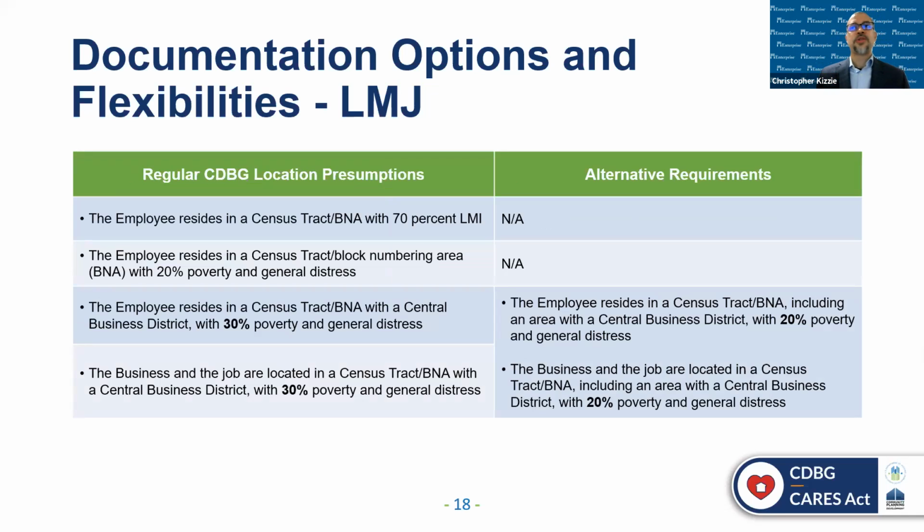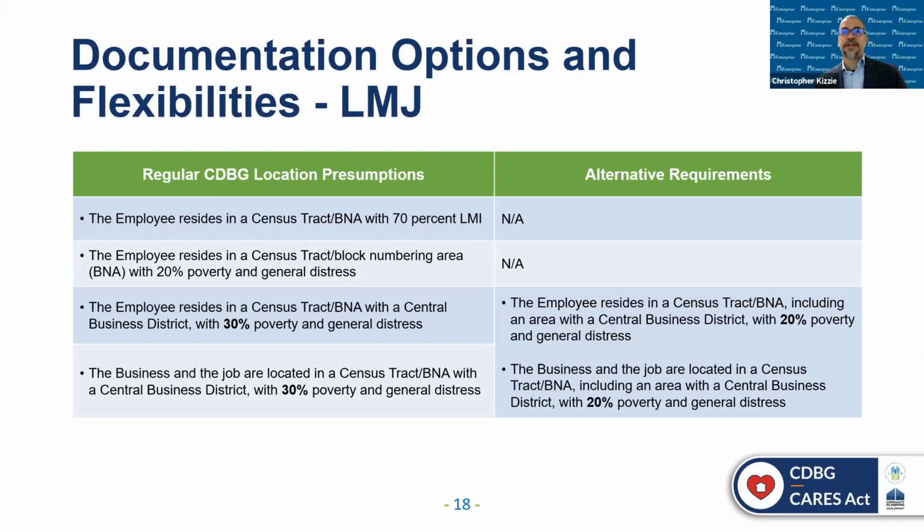So in addition to the methods we just discussed, and Rudy touched on this earlier, a job may be presumed to be held by or made available to a low to moderate income person if the employee resides in a census tract or BNA area with 70% LMI, or the employee resides in a census tract BNA with 20% poverty and general distress, or the employee resides in a census tract BNA with a central business district, 30% poverty and general distress, and the business and job are located in the census tract BNA with a central business district, 30%